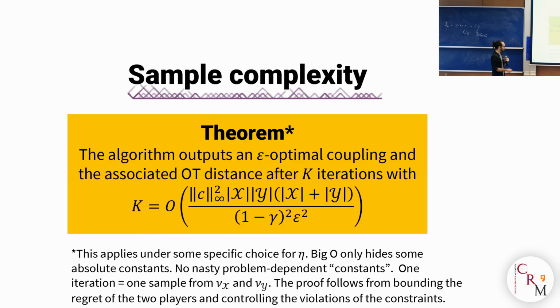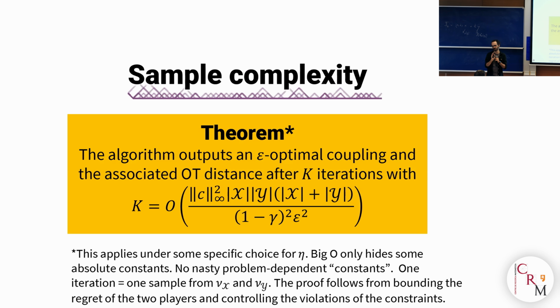All right. Okay. So this is the sample complexity guarantee that we have, and it's also a bound on the number of iterations that we have. So what's cool about it, I think, is that there are no hidden constants here. There are some log factors hiding, maybe like a log x, log y on top of this, but there are no assumptions about smallest visitation probabilities under the two chains.